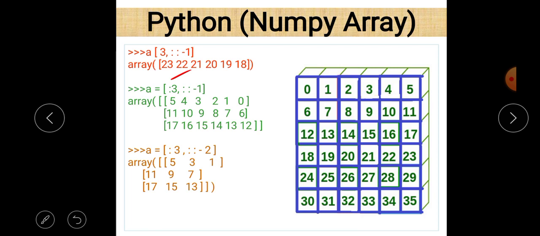In this case you can easily see that start value is not given, and then colon sign is there, and after that 3 is given. It means that counting starts from row number 0 and goes up to the row at index position 2. So this is row number 0, this is row number 1, this is row number 2, because as we know